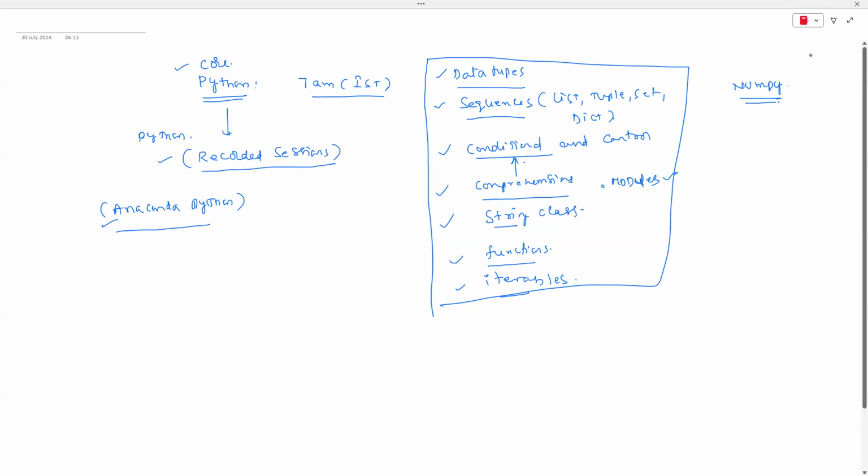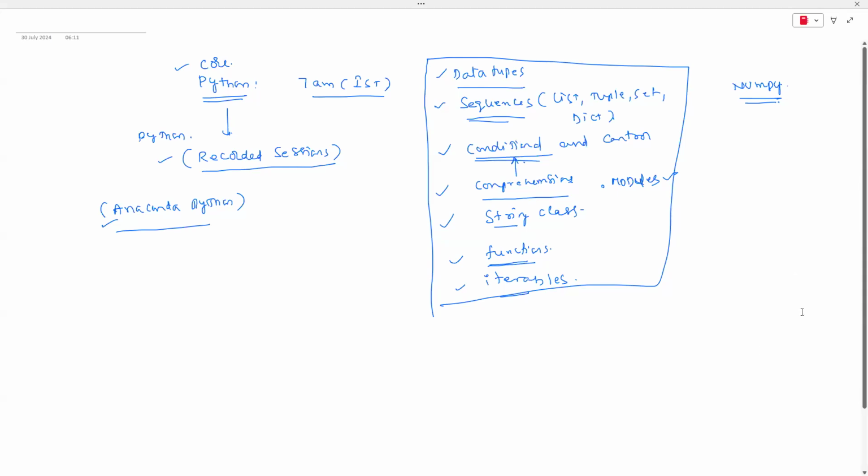Daily, there are hardly 8 topics. Normally, when we teach it in a regular class, it may take some time, but you can go through the recorded videos within one or two days. If you learn what sequences are, how to write conditional control statements, and have a little bit of an idea about how to create a function, not all of them are immediately required. In our coming classes, you just need to know what a module is and why you should use a module. If you have a little bit of an idea, then you can start working with them. It's not going to be a big deal at all.